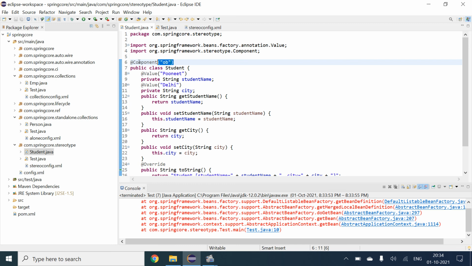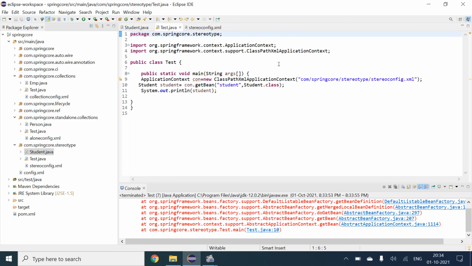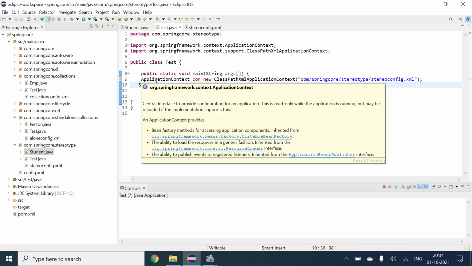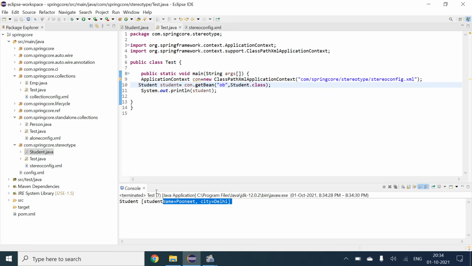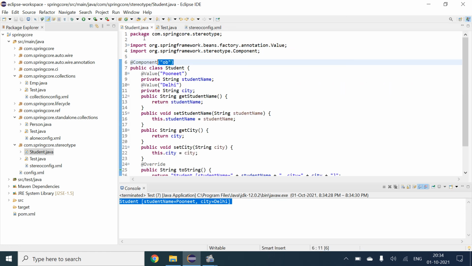In order to have that value, we just have to give some value here. Now I guess we will get the value. Yeah, we are getting the value. So here we have to give the class name. For example, if you want to give another class, we will mention the class name here. That's how we use stereotype annotations, that is component and value annotation.